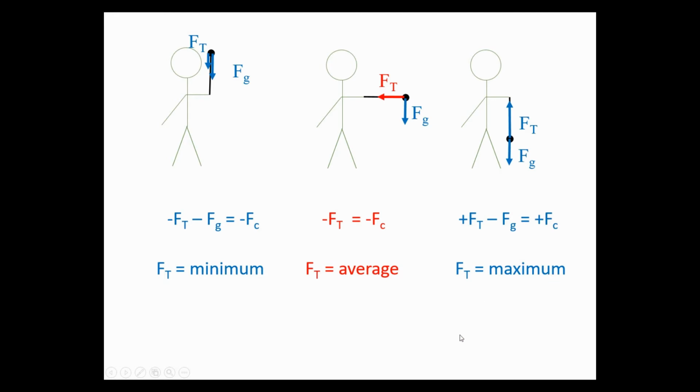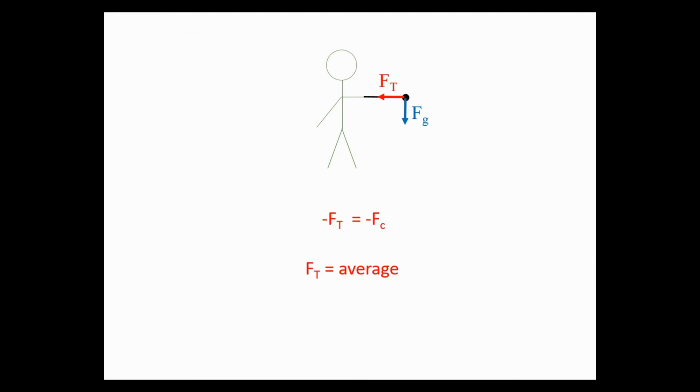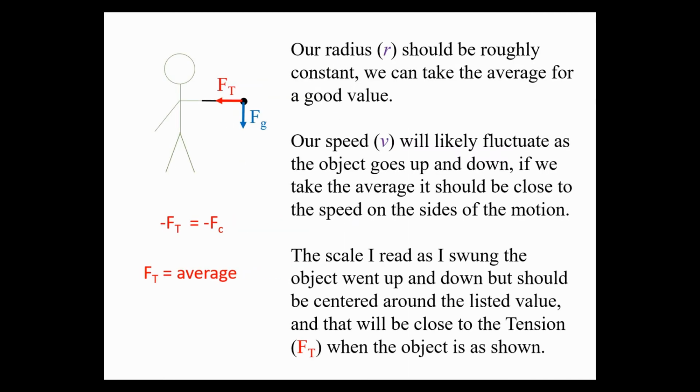Now the one that we're actually interested in is when it's on the side. Our radius r should be roughly constant. It'll fluctuate a little bit because my hand moves some and I may adjust the radius ever so slightly while I'm trying to keep the apparatus going at the same rate. We can take the average for a good value on r. Our speed will likely fluctuate as the object goes up and down. If we take the average, it should be pretty close to the speed on the sides of the motion, which is where we're looking at,